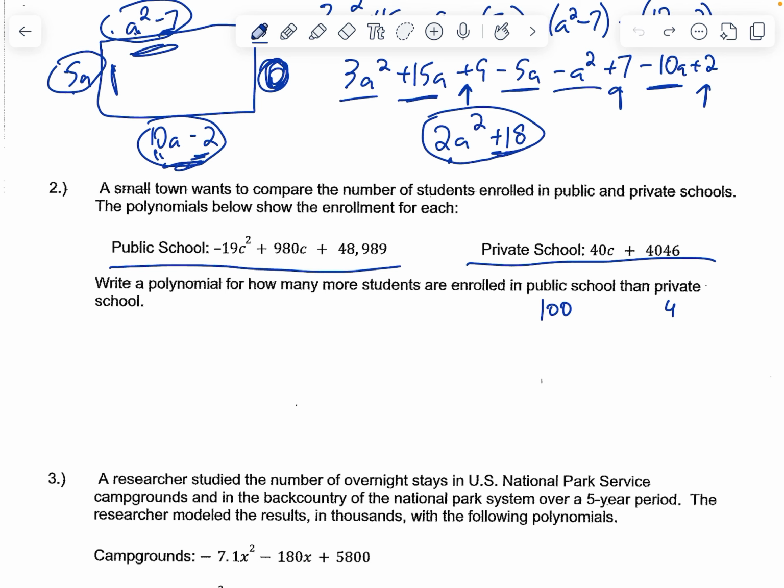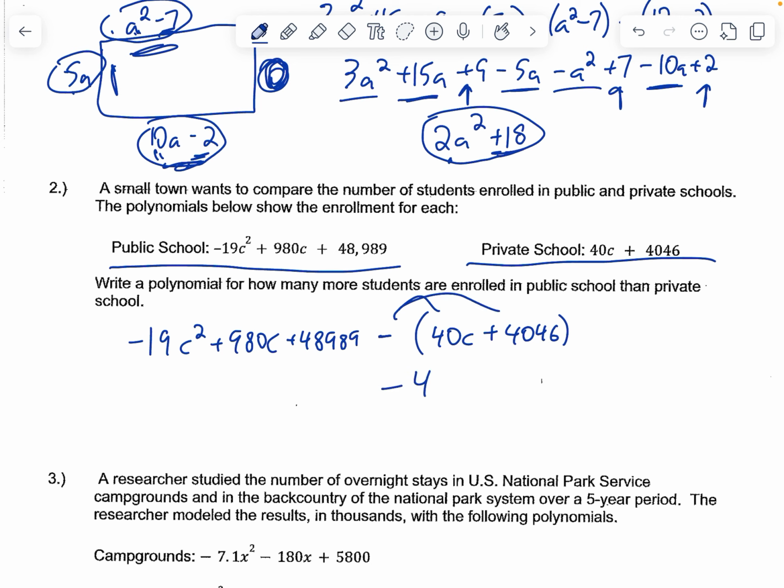So what we're going to do with these expressions is we're going to do the public school amount minus the private school amount. That'll tell us how many more are enrolled in public school. From there, we can distribute our negative sign, and combine like terms. So our final answer should be negative 19c squared plus 940c